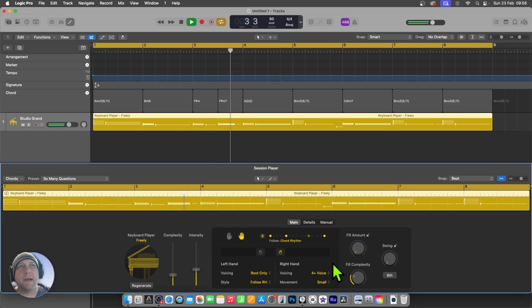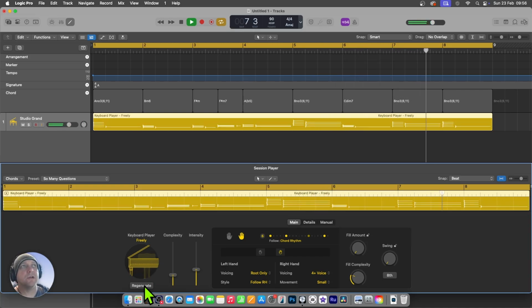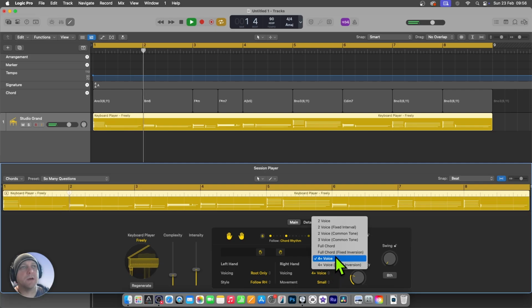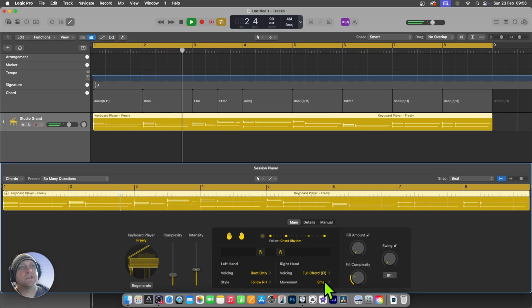And these are all completely dynamically generated. At any point you can come over here and click regenerate, and using those settings it will give you another variation. So I'm just going to go back to both hands being on there, fixed inversions, and let's leave it on